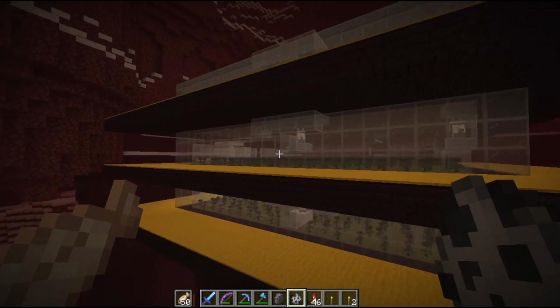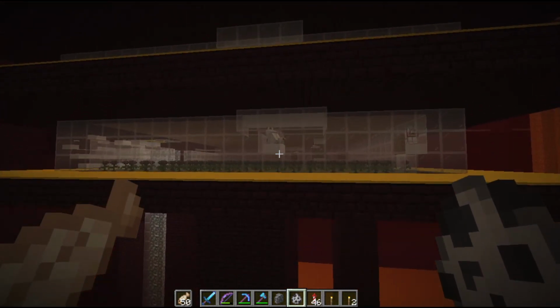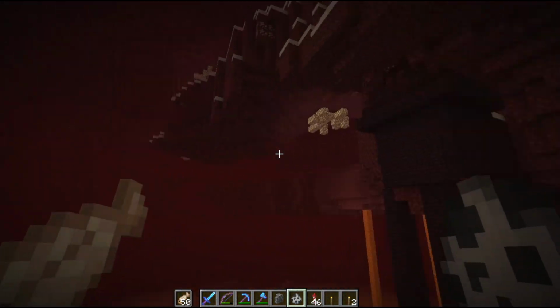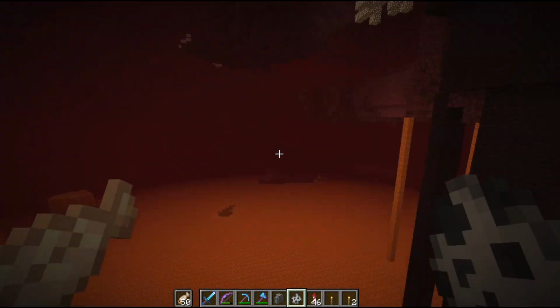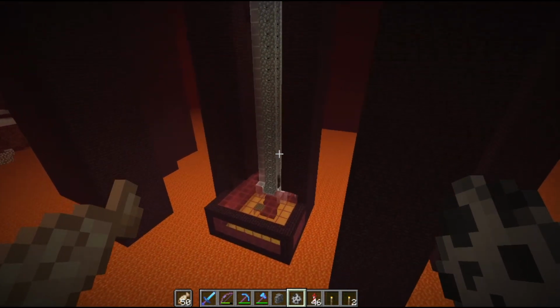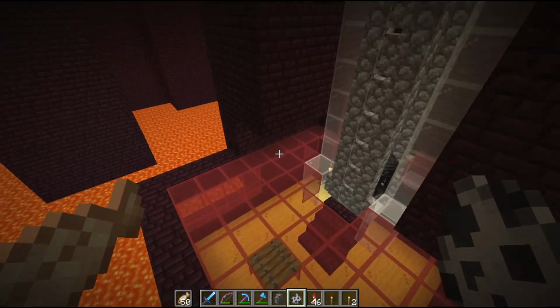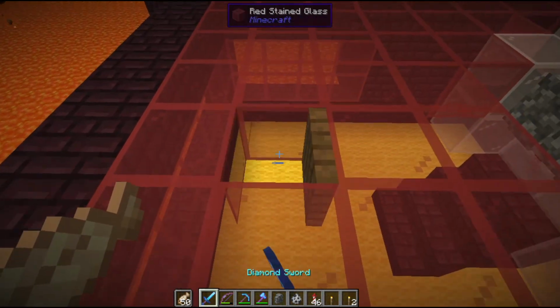There's a wither right there. Over time, I'll see gradual improvements, and once I've got this out about as far as I can see, I think it'll be good enough that I can just AFK down here for 15, 20 minutes and probably have a cage full of withers